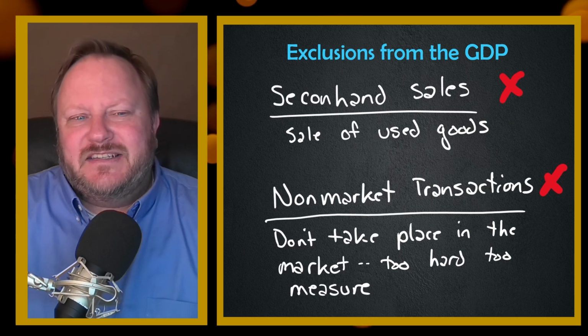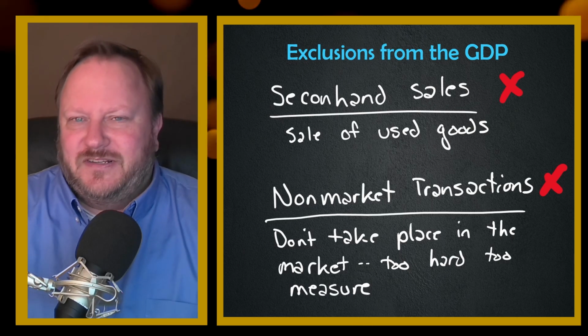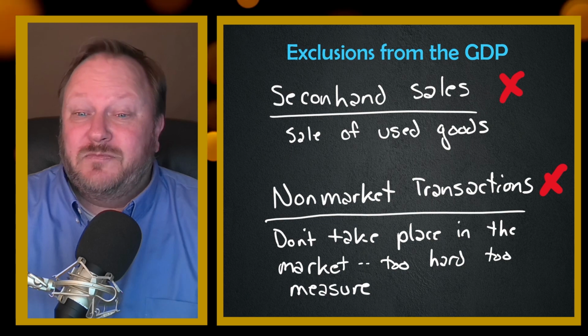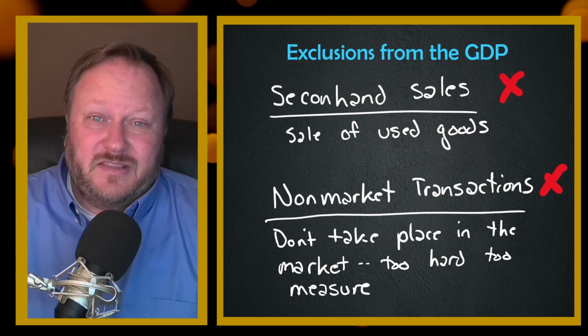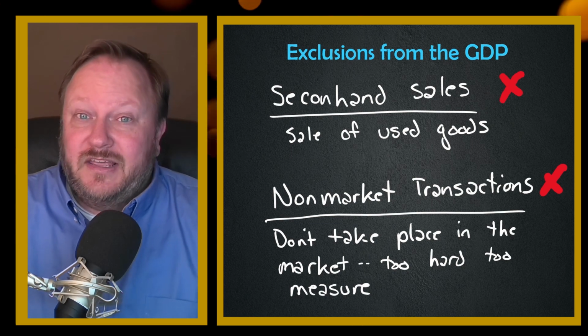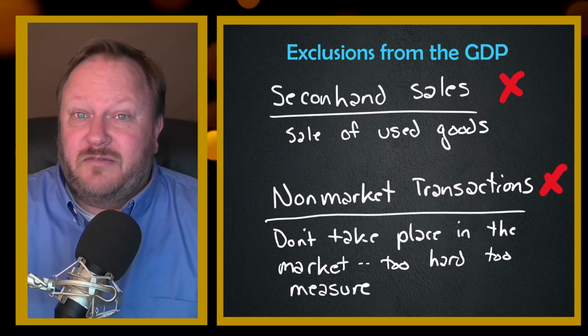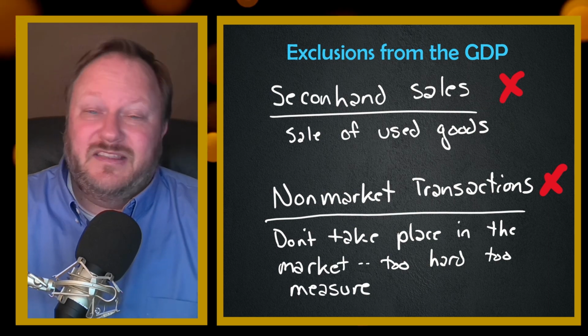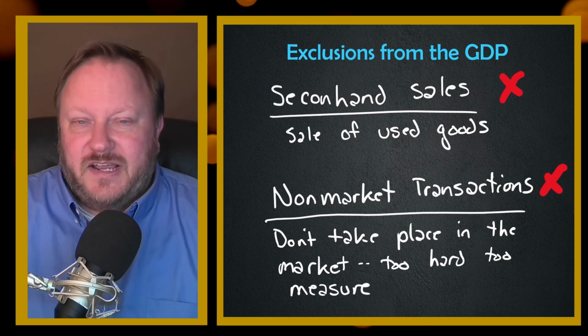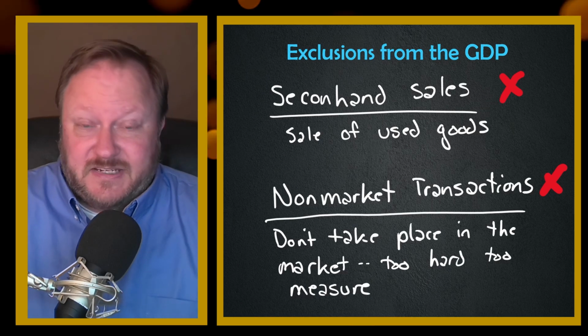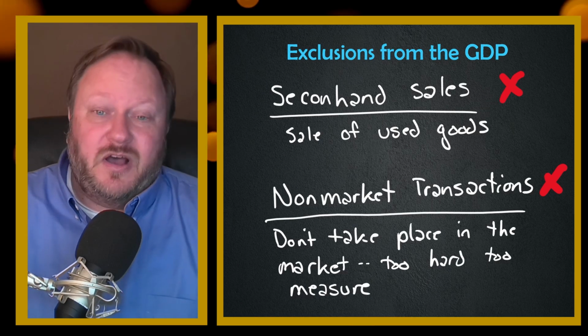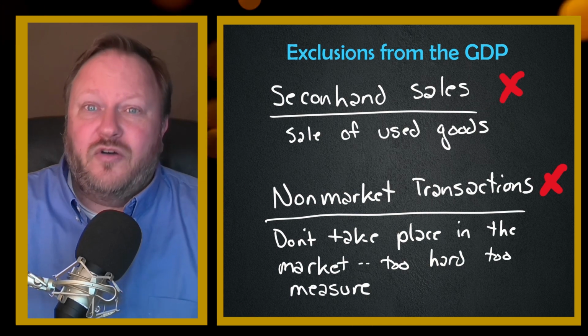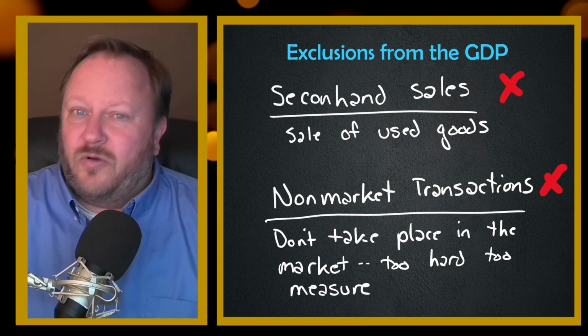And lastly is non-market transactions. Non-market transactions would be things that don't take place within the market. There may be production, there may be value that's associated with them, but they don't get measured on the market in the same way, and it's too hard to track them. Like, for instance, stay-at-home parents. If there's a mom or dad who stays at home and takes care of children and takes care of the home and prepares meals and does all of the